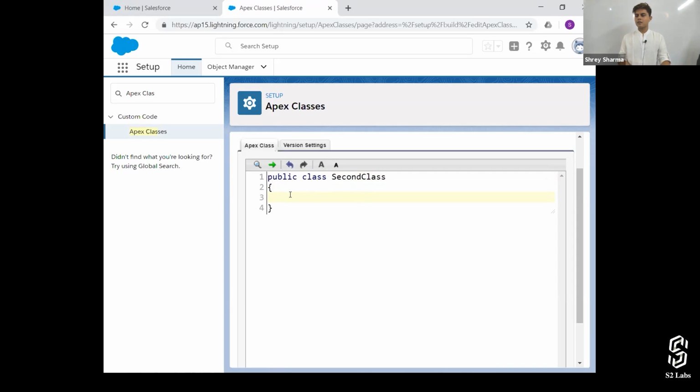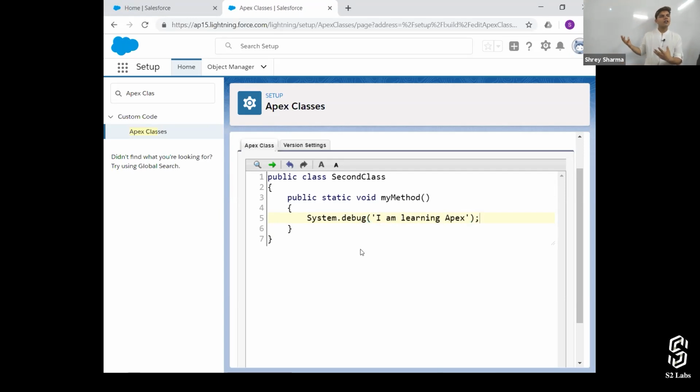Public class second class, right? So I'm going to create another method in here, public static void my method. That's the second program that you create whenever you learn any programming language, right?